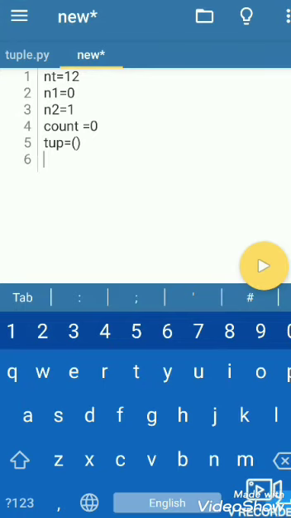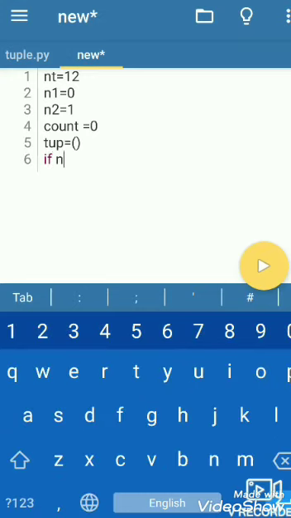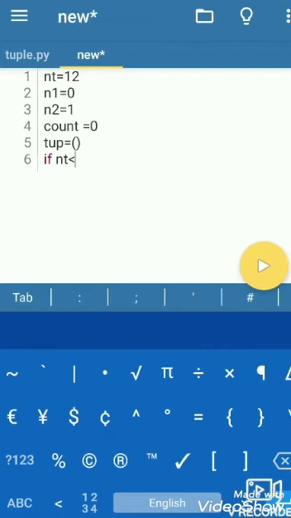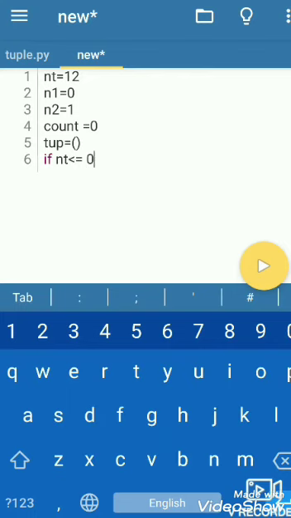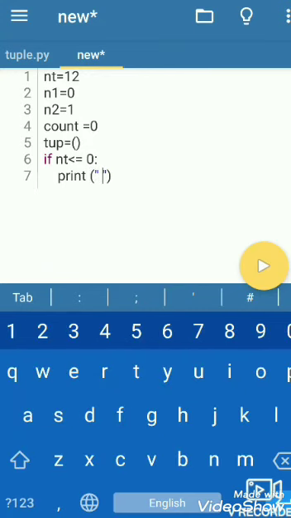So if nt is less than or equal to 0, it prints please enter a positive integer.